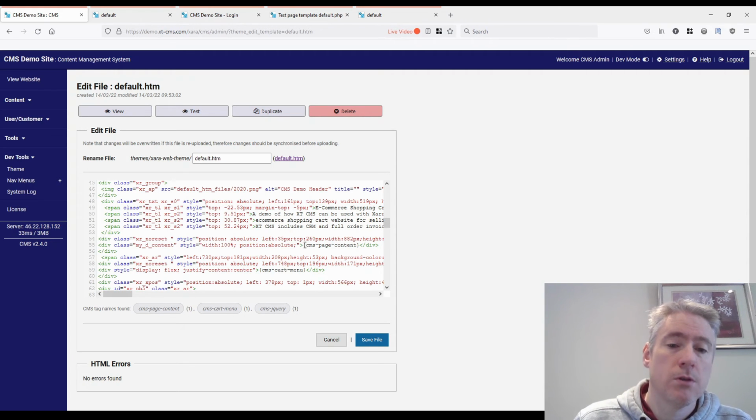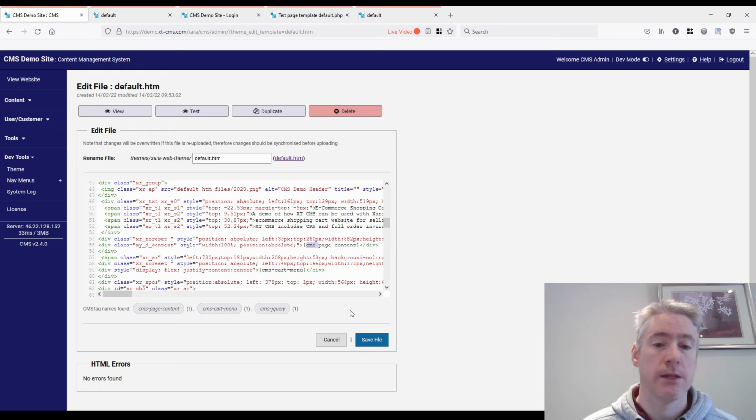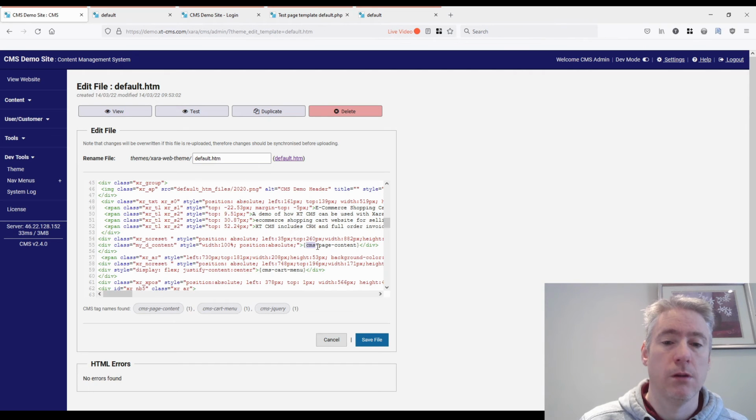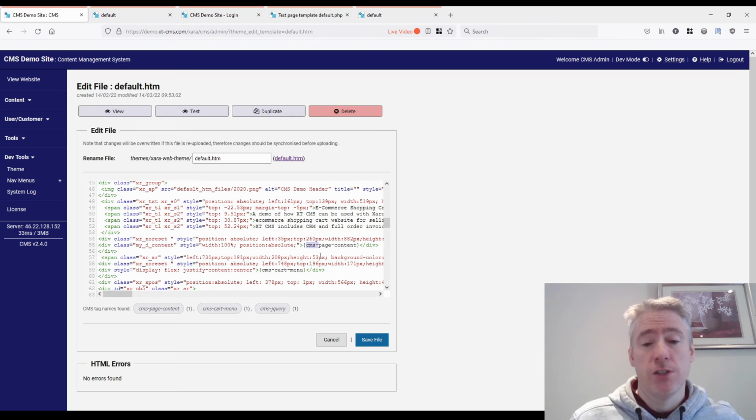There's a couple of reasons. One of the reasons is all the tags now have CMS hyphen before, just to easily identify it as being a CMS template tag. And it's to stop any possible or potential conflicts with class names or things like that might be in your template to begin with. So, for example, you might download a theme off the web, and whoever created the theme might have a class name in there called page content. And just by prepending them all with CMS hyphen, it decreases the chances of any conflicts happening with that.